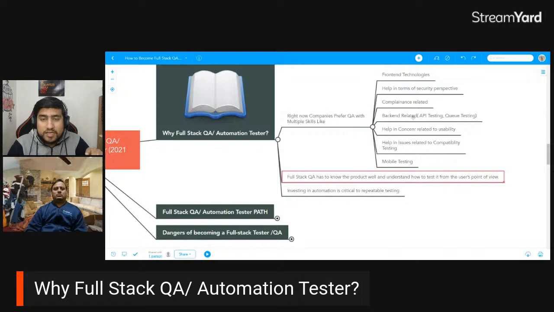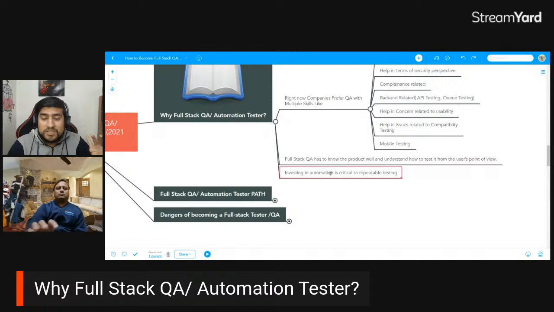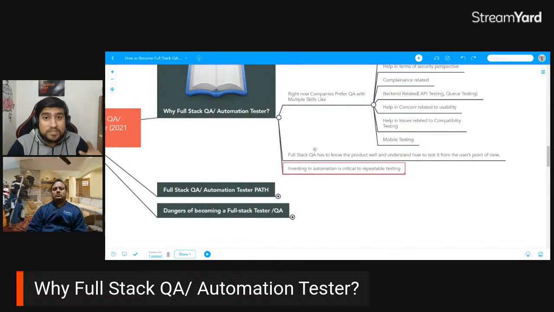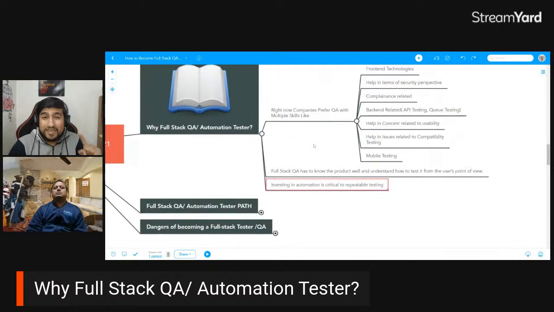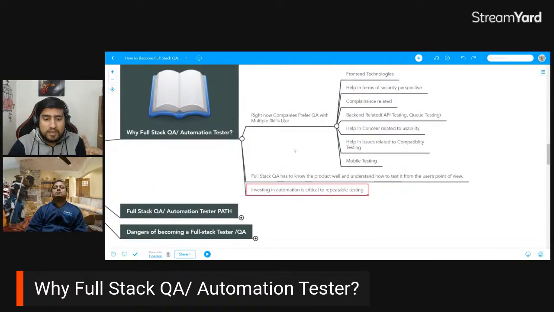Apart from this, a couple of other things can be expected, and investing in automation is critical, as we have already discussed. So these are 3 points, and right now you are clear on what exactly full stack QA is and what is expected from it.